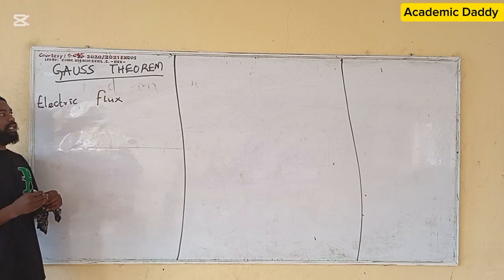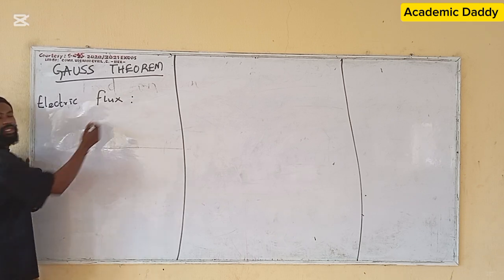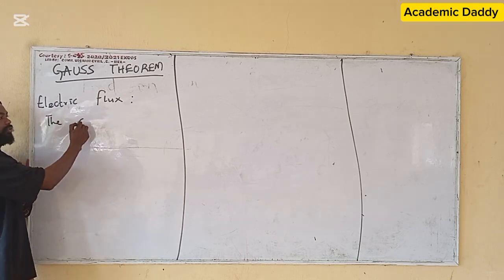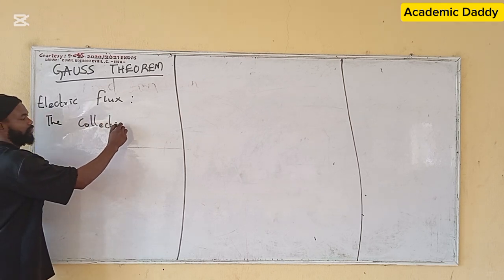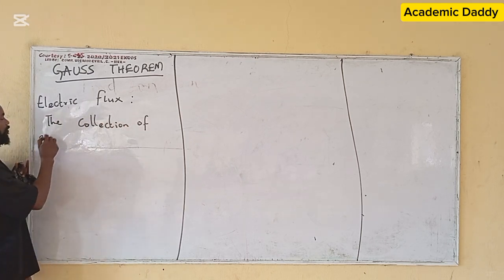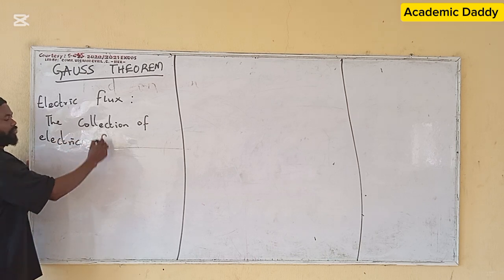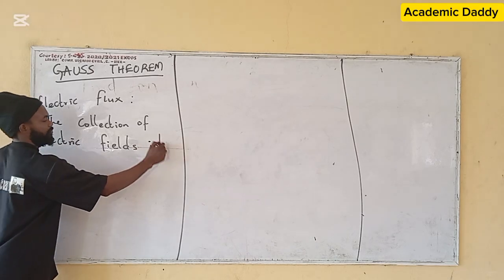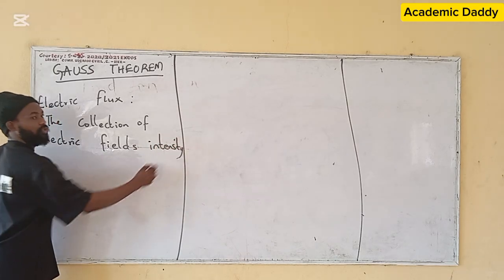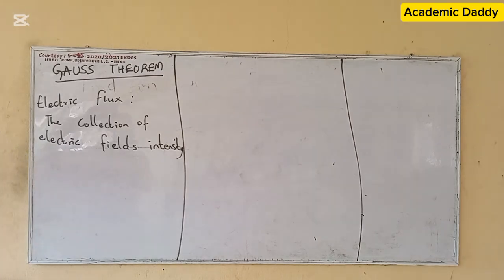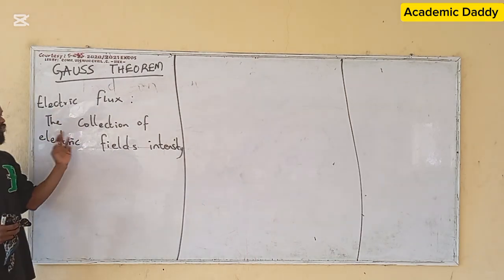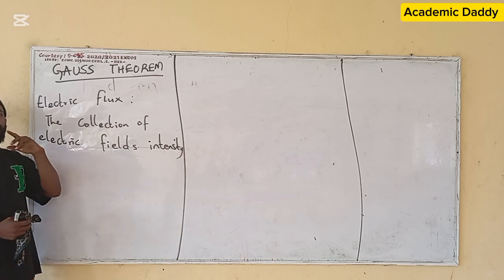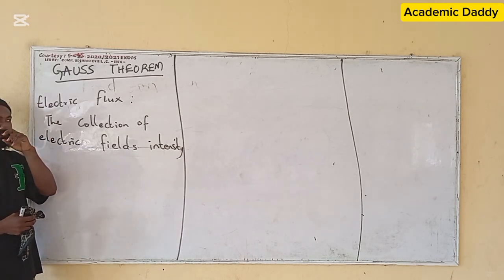And in talking about electric flux, we know that electric flux is simply the collection of electric field intensity. In some textbooks you see electric field, in some you see electric field intensity. We will talk about all those things today. So if we know that electric flux is the collection of electric field intensity, Gauss theory is now saying that